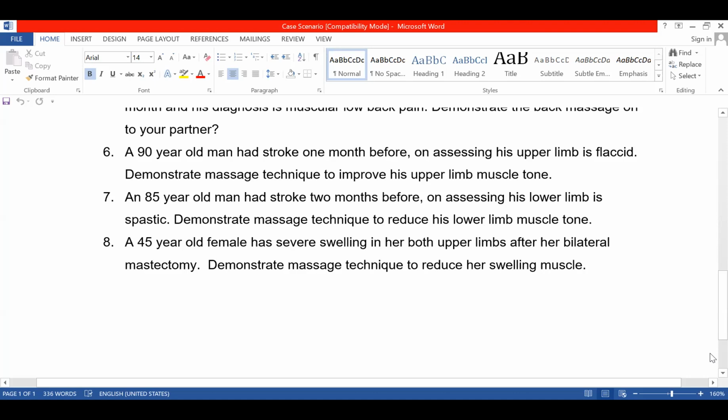Good morning, Miss. Our case scenario is that the patient is having swelling on both upper limbs. The patient will be in prone lying, and if we can hold up the hand, we will hold it with one hand and perform the technique with the other. If not, we will place a pillow to support the patient's arm before we begin.